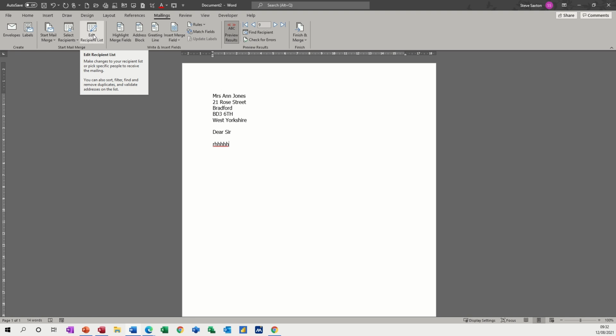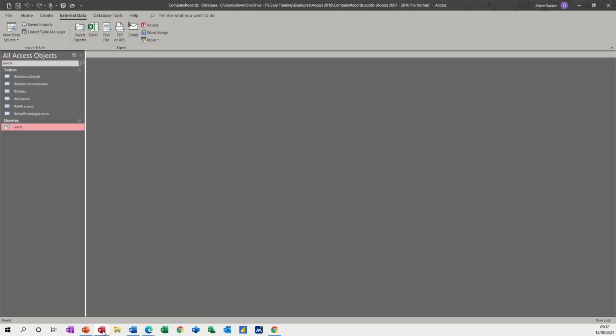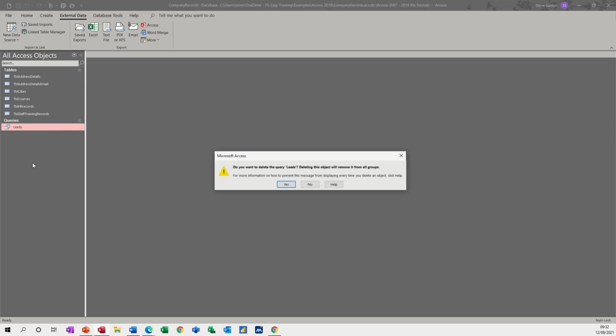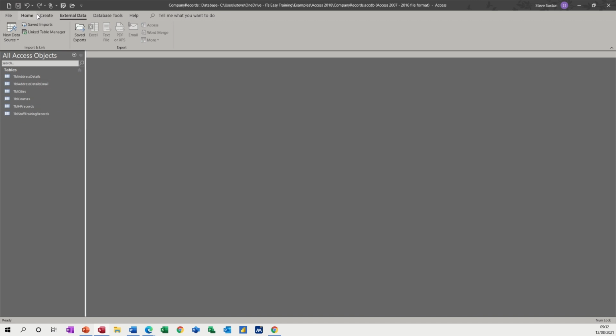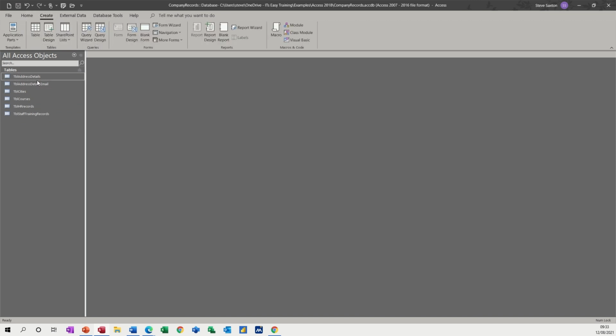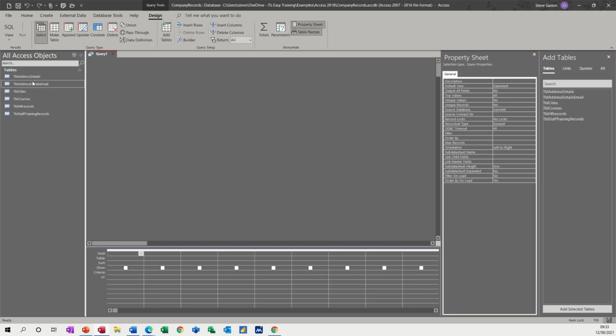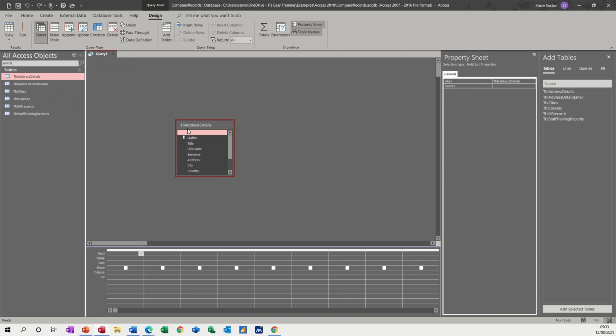This was in Word obviously, but you can also filter from the source document. So if I go into Access, I've already created a query here called Leeds. I'll delete this one and do that again. So let's just get rid of this one. Delete. No. Yes I do, sorry. So we go create query. So there's a database, tables, address details, that's the one we use. So I'm going to create a query, bring that one in, and if I double click on the top, I can drag them all down, which I want them all down,